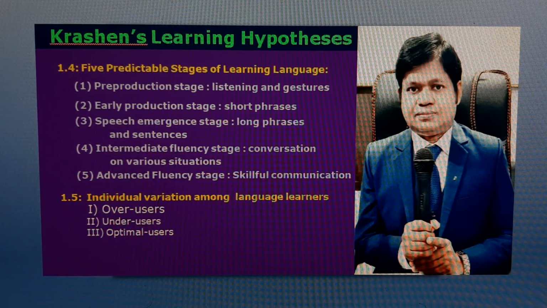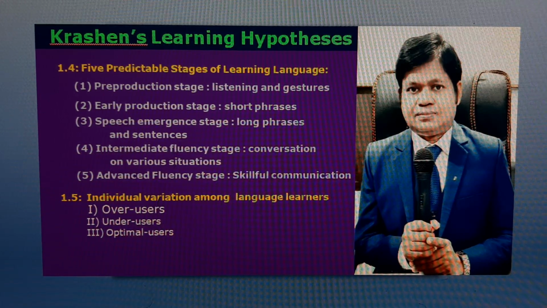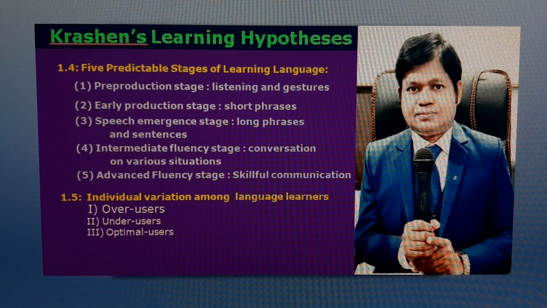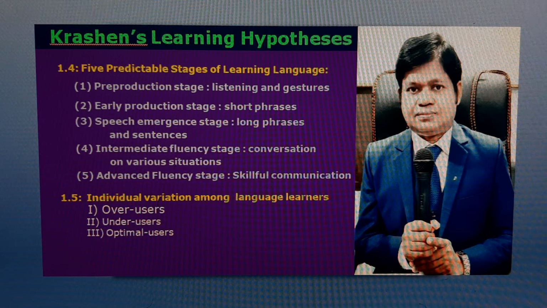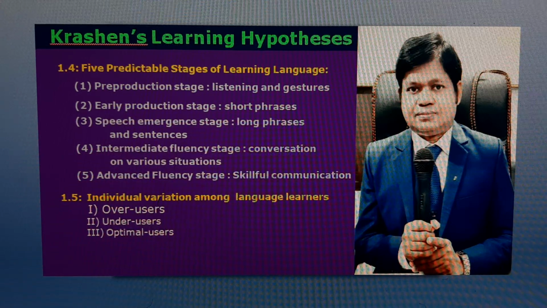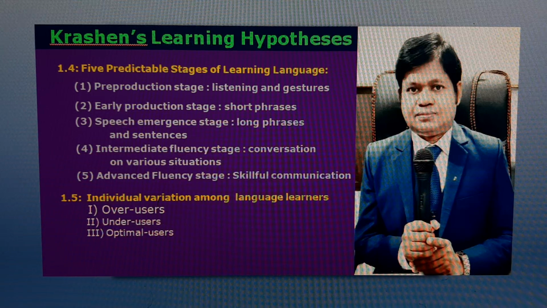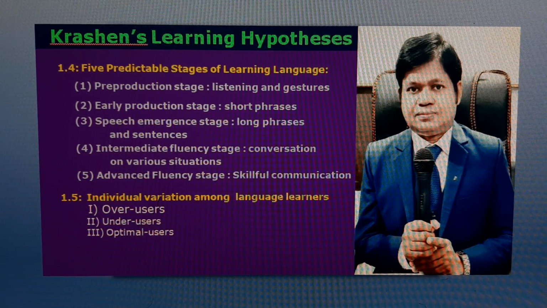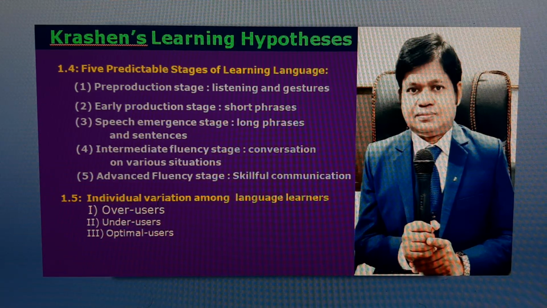The learned system or learning is the product of formal instruction, and it comprises a conscious process which results in conscious knowledge about the language, for example, knowledge of grammar rules. A deductive approach in a teacher-centered setting produces learning, while an inductive approach in a student-centered setting leads to acquisition. Learning demands accuracy rather than fluency. On the other hand, acquisition calls for fluency rather than accuracy. According to Krashen, learning is less important than acquisition.